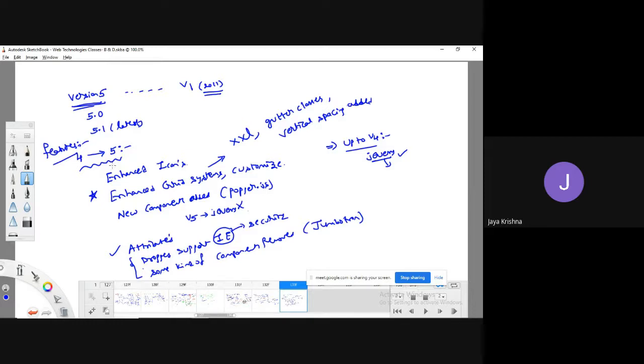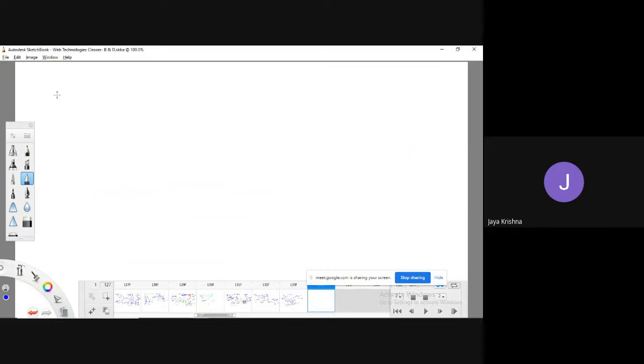Okay, fine. So up to now, what we did is we have seen the basic introduction about Bootstrap, meaning what we mean by Bootstrap, and also we have seen various uses of Bootstrap and what features it got from version 4 to version 5. Now let's see how we are going to link